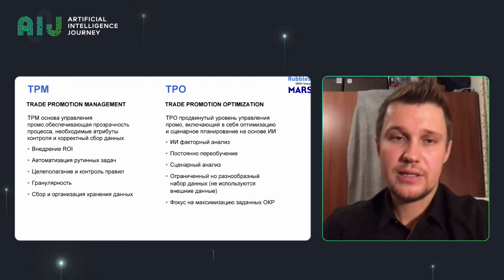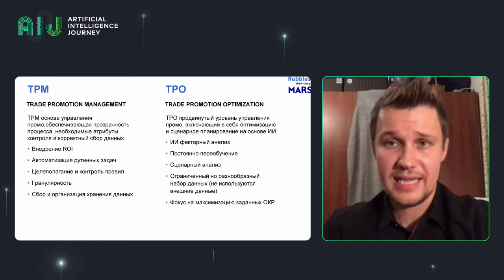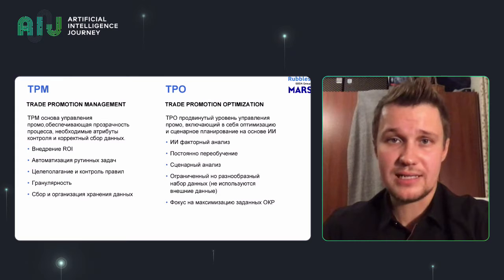Let me contrast it to TPM. Actually, TPM is where it all should start. Thanks to such digital products, you can start the management process, but also you can collect the artifacts you will need later for promo optimization. If you have data of reliable quality over about 2 years, you can proceed to the next stage, which is TPO. TPO, in its turn, helps businesses rather than simply control promos. It helps businesses determine best scenarios for sales maximization.